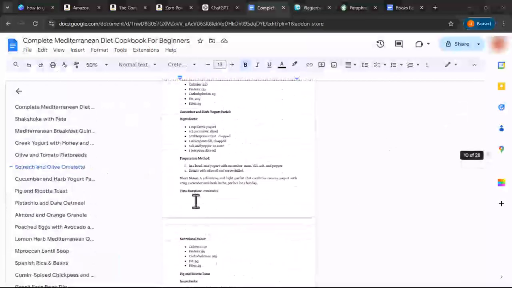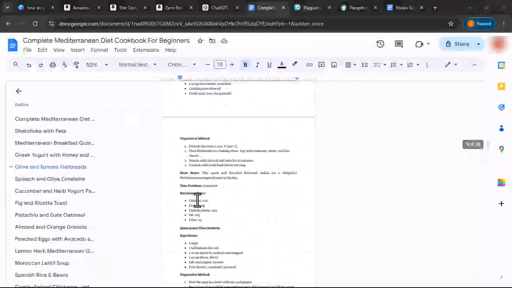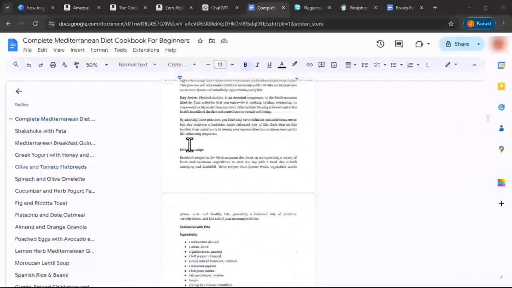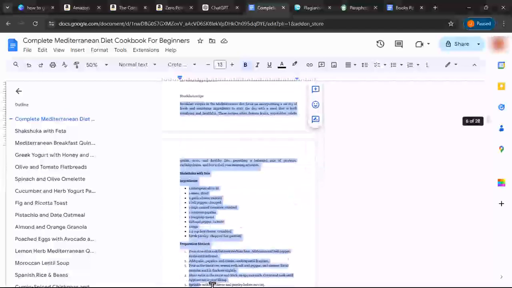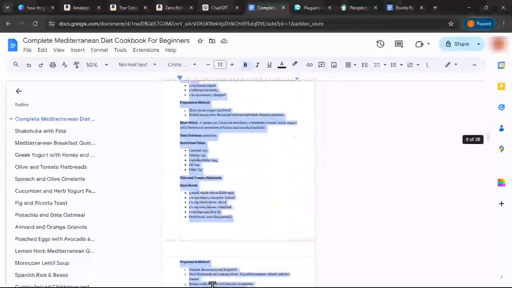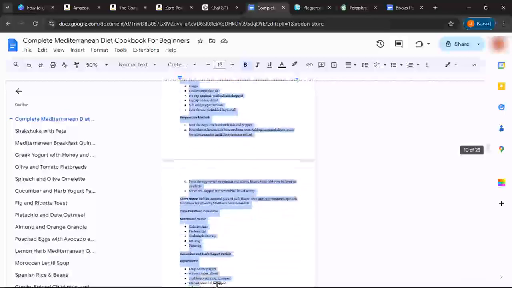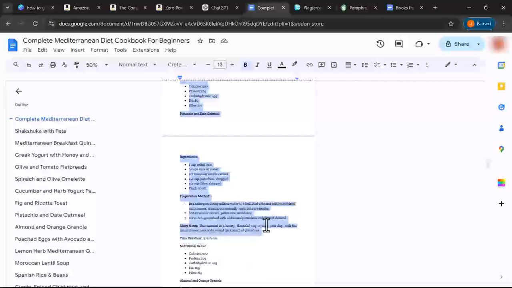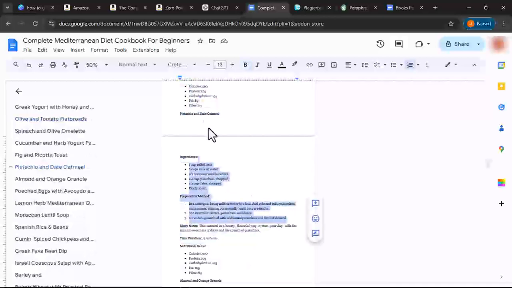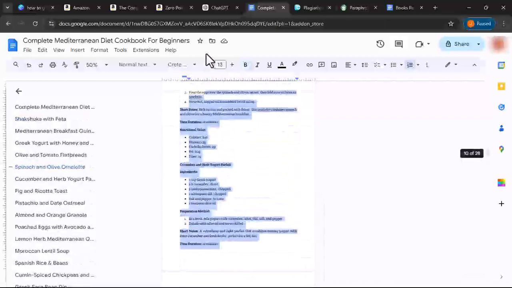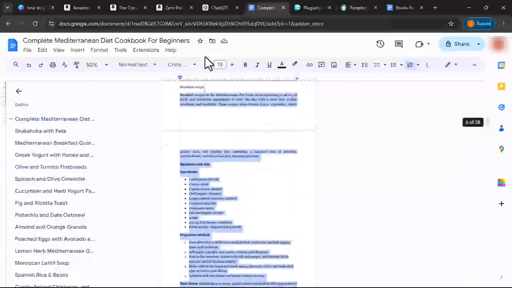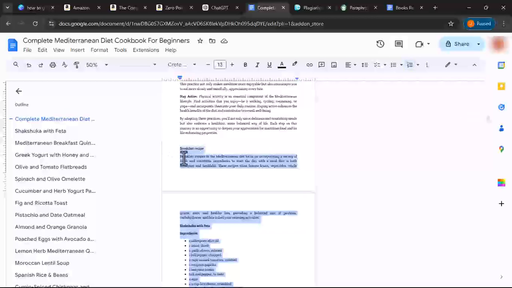So guys, I just thought we should do the recipe part together. So under recipes, let me just go down to breakfast. This is the breakfast recipe. I'm going to copy the breakfast recipe. I'll copy to a point where I feel like it's up to 1000 words. So let's say we are okay here. I'm going to copy this, the breakfast part. So this is it. So let me copy it and go back to